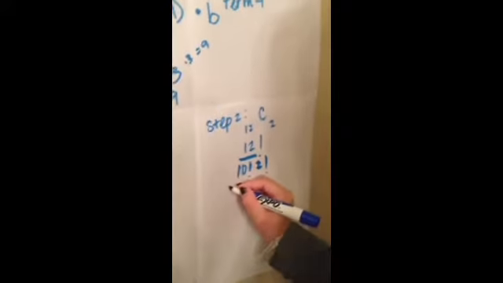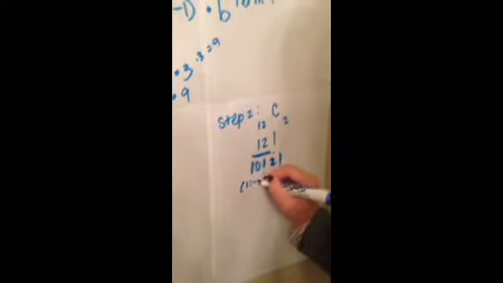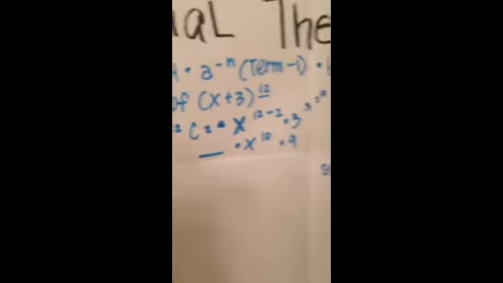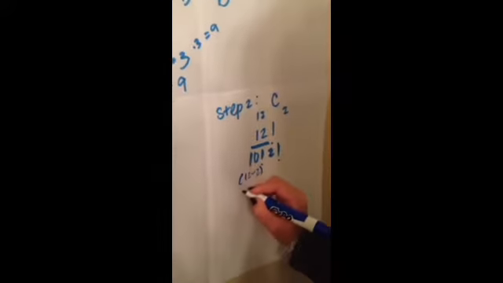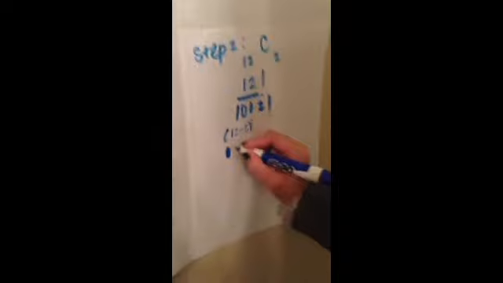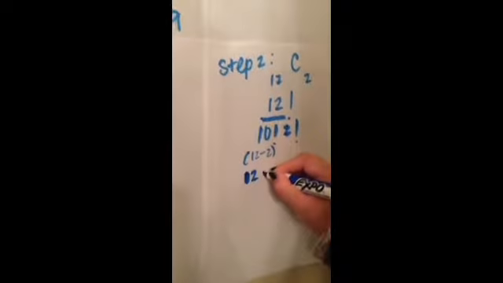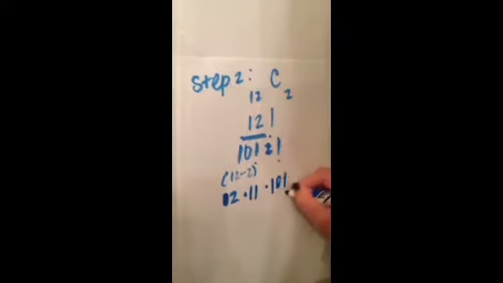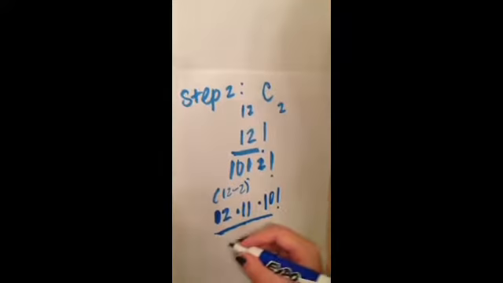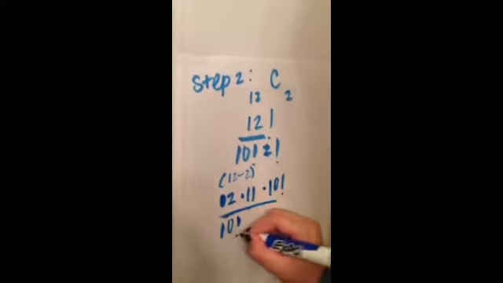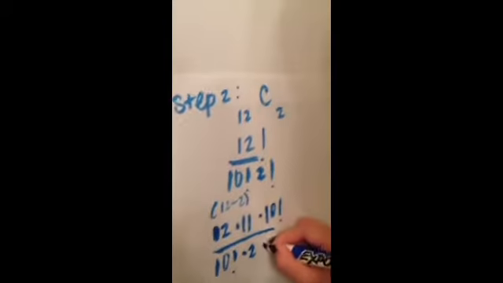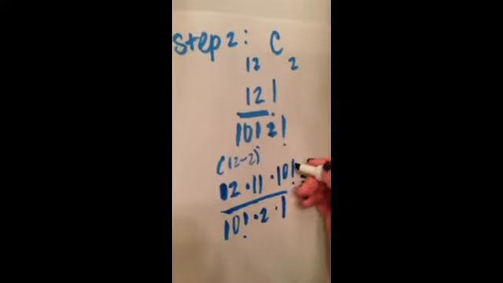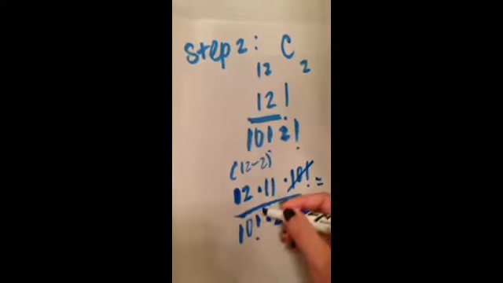And this 10 came from the 12 minus 2 from up here. And now you're going to do 12 times 11 times 10 factorial divided by 10 factorial times 2 times 1, which then these two 10 factorials cancel out